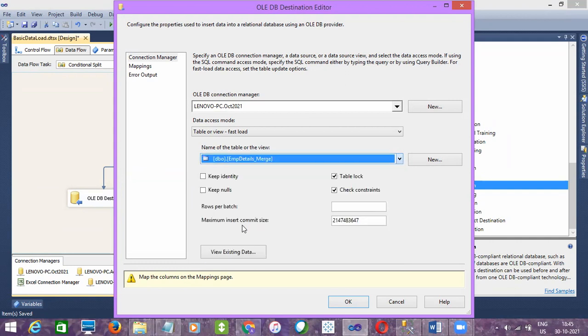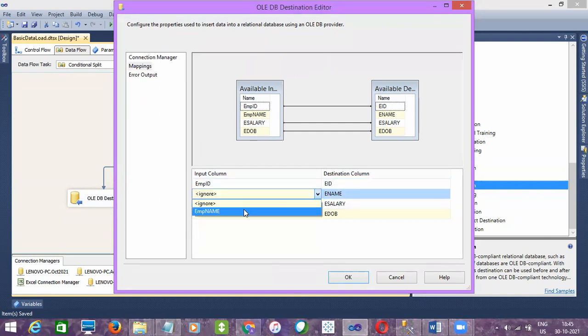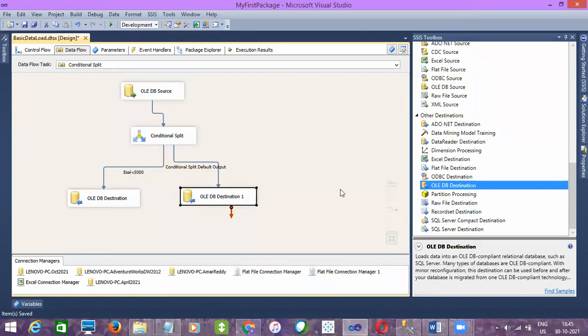I'm going to use it. Employee ID, employee name. Since the column names are different, it is not mapped automatically. All right. So if you want to load data into another destination, we can drag it and use it. So that will be greater than 10,000. So for now, I'm just using two.